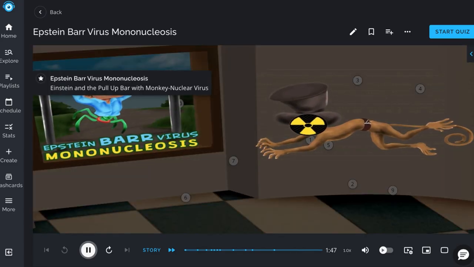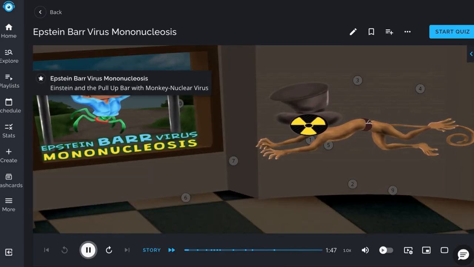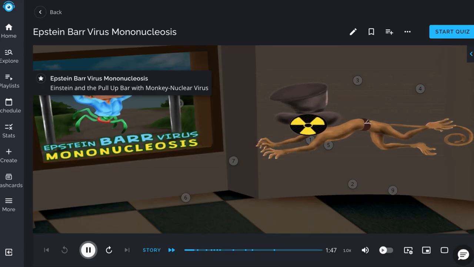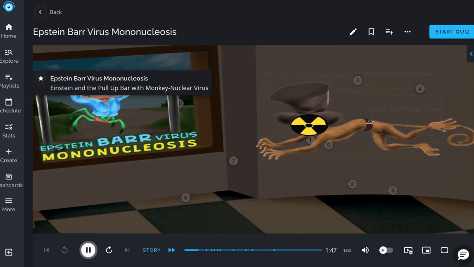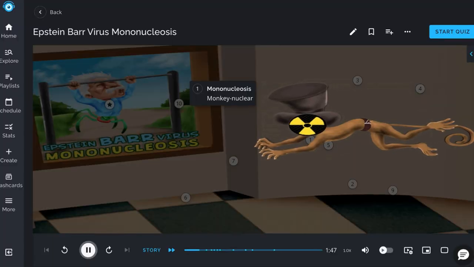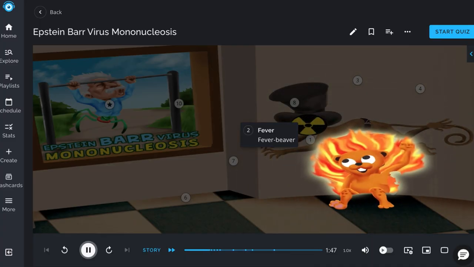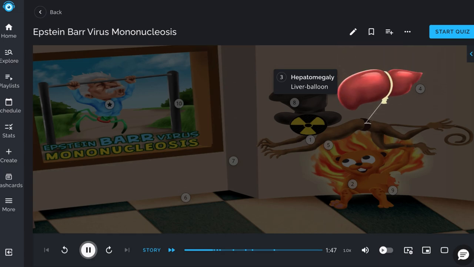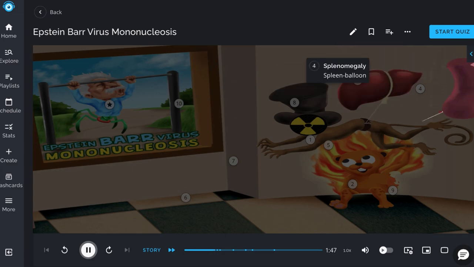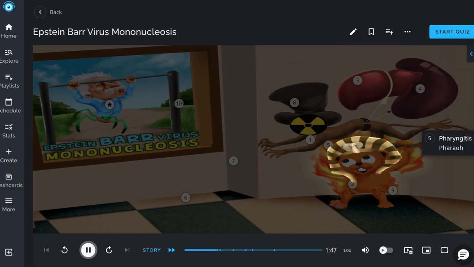Epstein-Barr virus, or EBV, shown as Einstein doing a pull-up on a bar, and monkey nuclear virus, is a virus that can cause a range of clinical illnesses. A common manifestation is the disease mononucleosis, shown here as the monkey with nuclear sign. Clinical signs include fever, illustrated as the fever beaver, hepatomegaly, the liver balloon, splenomegaly, the spleen balloon, and pharyngitis, the